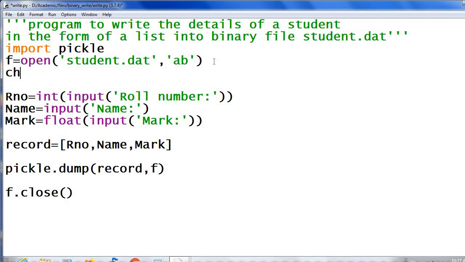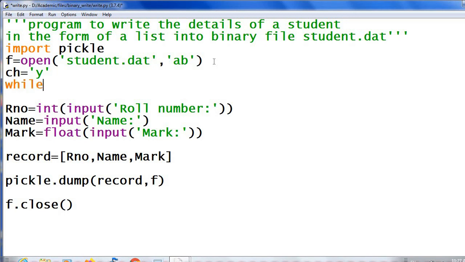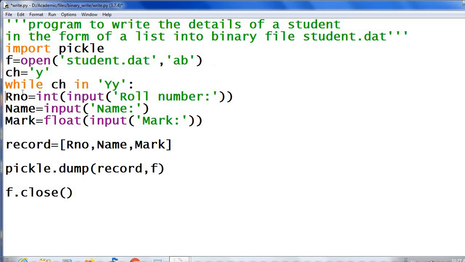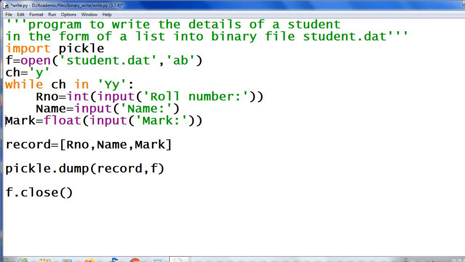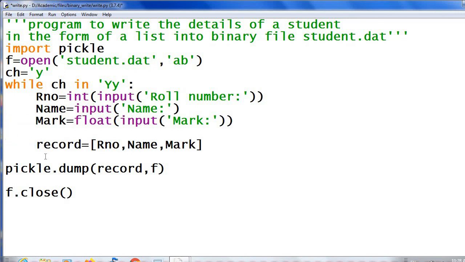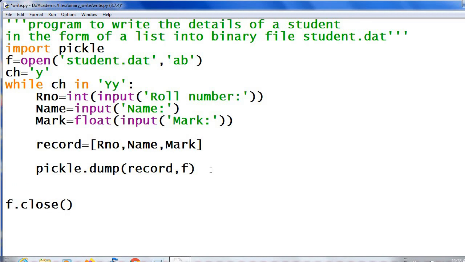A loop variable ch equal to y, then while ch is capital or small letter y, inside this while loop my statements, then after writing, ch equal to input more records, yes or no. So this loop will continue till I press a character other than y.